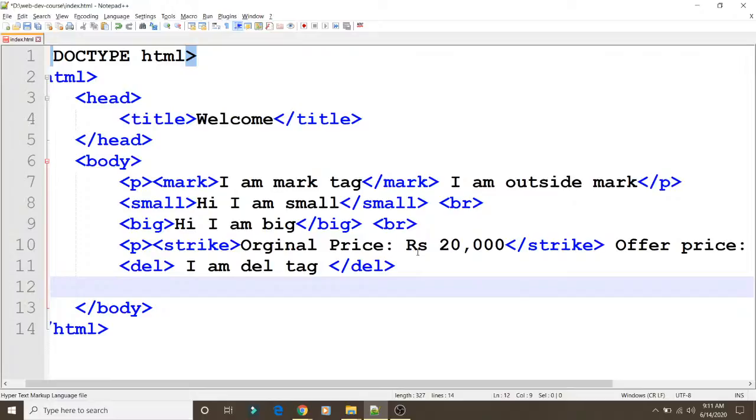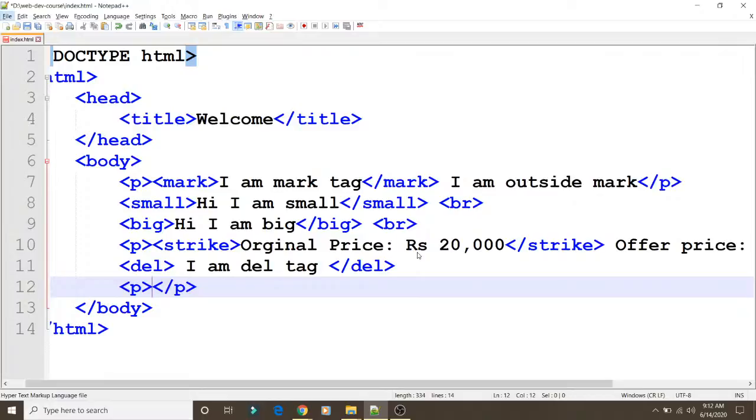Like for example, suppose I want to write x square. How can we do that? Suppose I am writing the paragraph, and we'll close this paragraph tag, and within this we want to write x square. Here square is a superscript value.